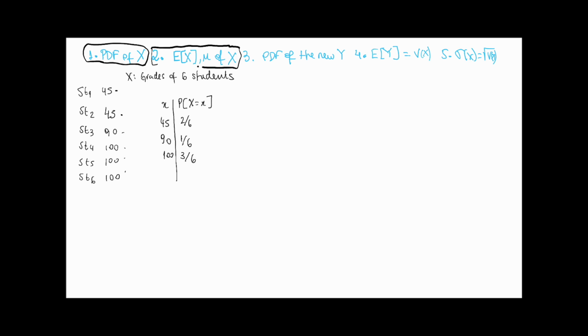So what's the expected value of x? Well, that's mu. It's the value that my variable can take times its probability, plus the next value, 90 times its probability, plus 100 times 3/6. So if you do this calculation,